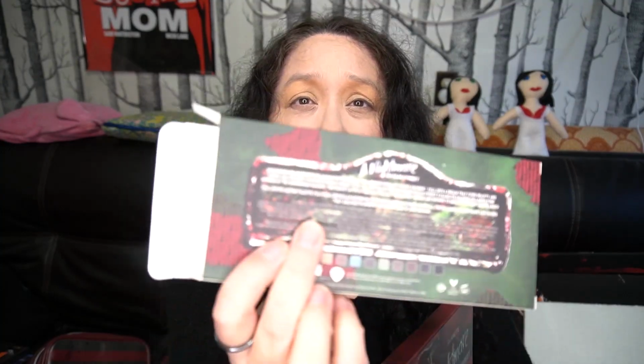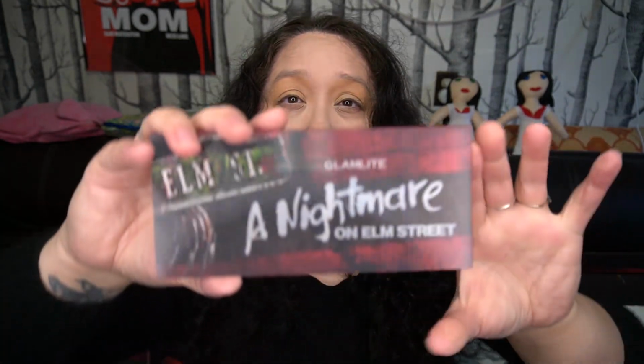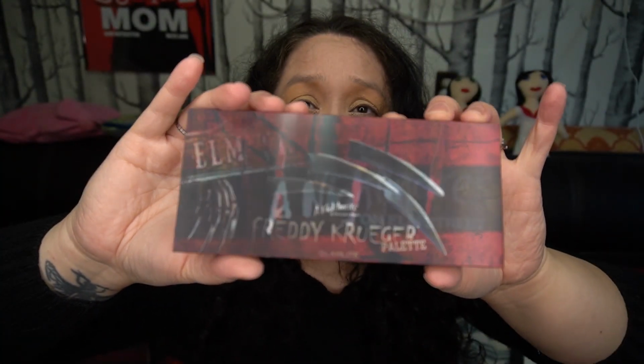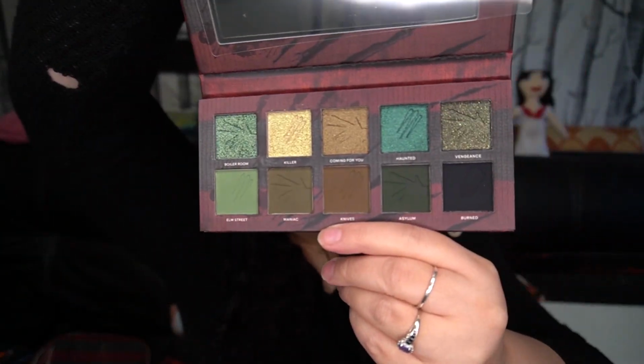Comes in this green one. This is it here. Freddy Krueger. And then here's the back. Ooh, and this one is like neat greens and stuff. That's cool. Okay, so for today,